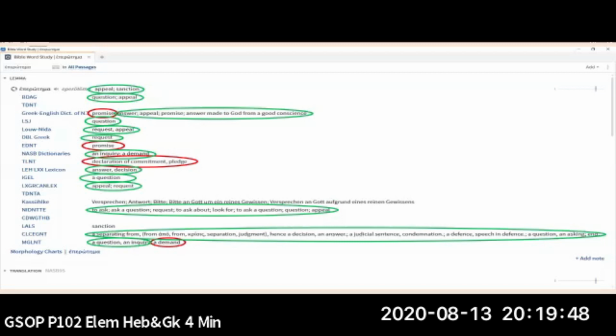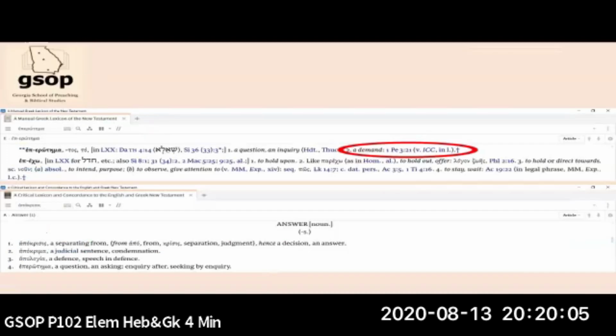I'm going to show you in a minute. The last one, MGLNT, says a question, an inquiry, or a demand. I said, where did the demand come from? What am I demanding? Well, let's look at it very briefly, just to know. My point is, looking at a summary is insufficient. Now, for our study, that's what we're looking at here. So I pulled up the last one, the Manual Greek Lexicon of the New Testament,